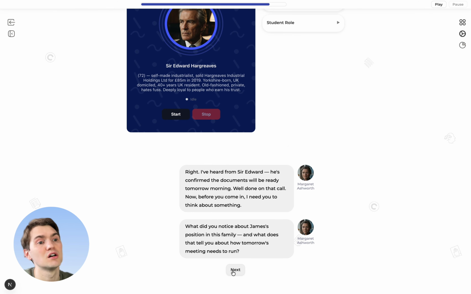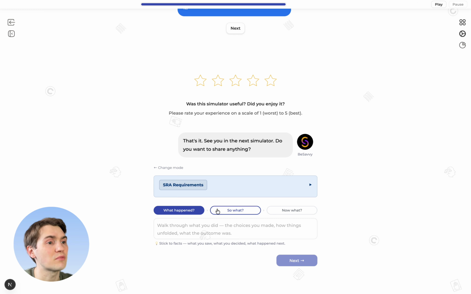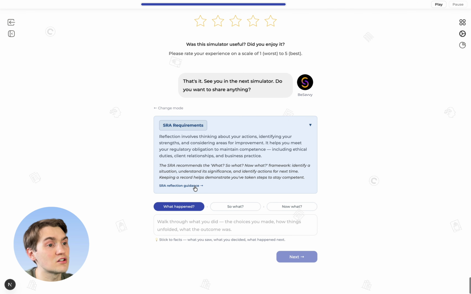So the last element, as always, is the discussion. So here we can either share our ideas with the cohort or go into the private reflection mode and share what we have learned. This is one of the requirements from SRA. All solicitors are required to file their reports at the end of the year, and this is the framework that SRA recommends, the what, so what, now what framework, and we've integrated this directly into the simulation,